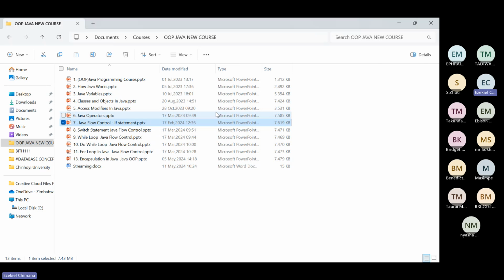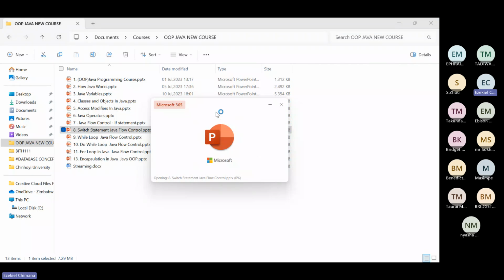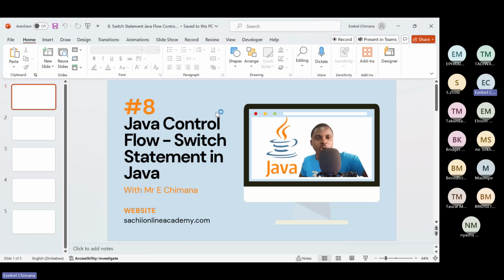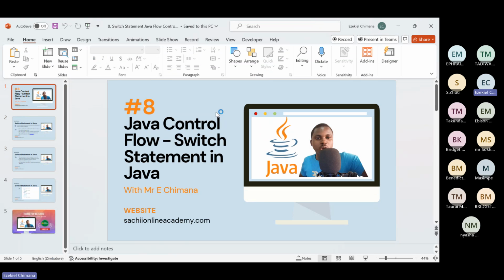Let's look at the switch statement. I'm trying to move faster so that we can finish all this. In the next tutorial, we will finish everything, or we start at OOP and finish everything. All right, so